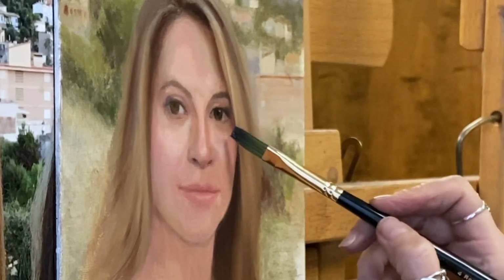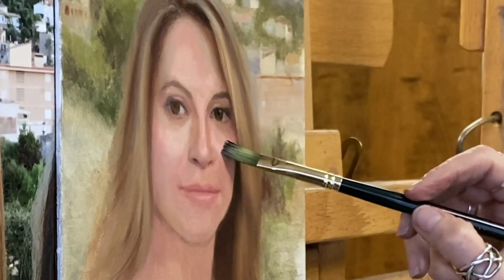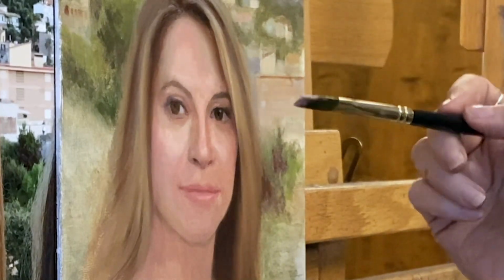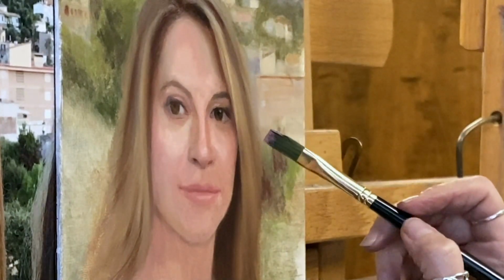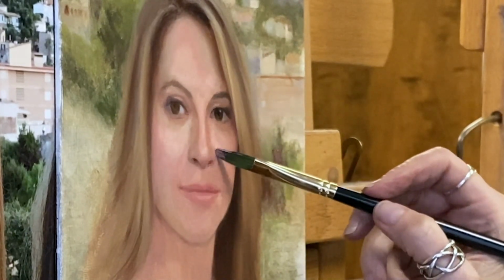Let's go in with the evergreen and get that transition. So the evergreen's going to hold my edge, but notice it's really putting paint on. Well, let me go back in now and kind of pull this across the form of the oblique plane. It's the zygomatic there, so it's an up plane up here, but then it turns under, so you have to keep that in mind. And coming out of here,